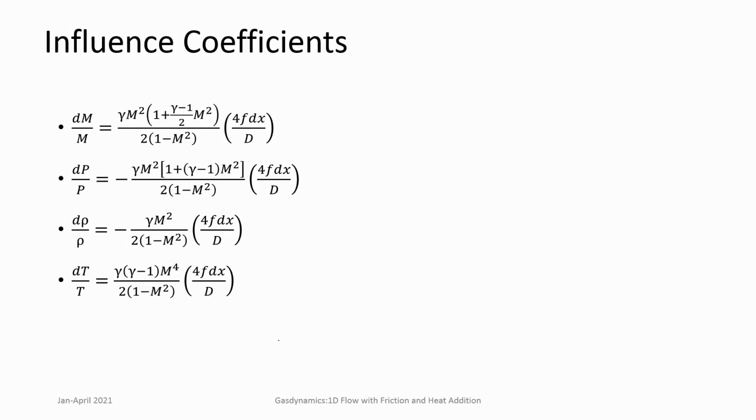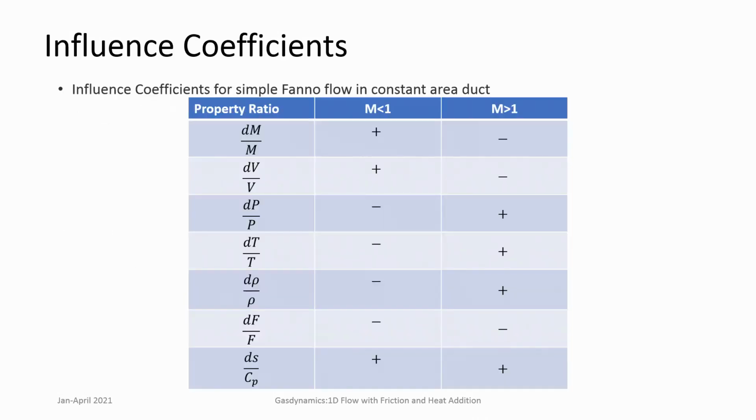You can write down the equations for variations of Mach number, pressure, density, temperature, express them as a matrix equation, and then use Cramer's rule to solve them with 4f dx by D. So, here this term 4f dx by D is the governing parameter or the driver, and that drives and influences all these parameters. And how does it affect? This is something we discussed